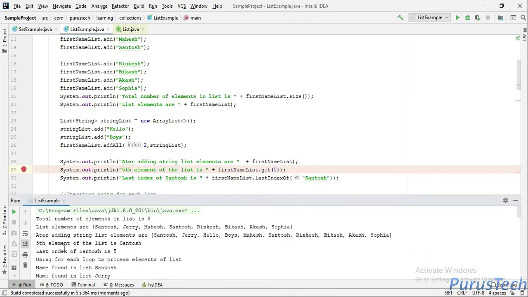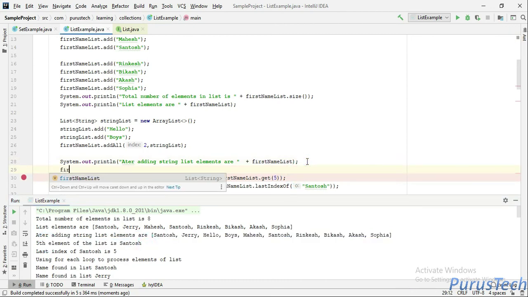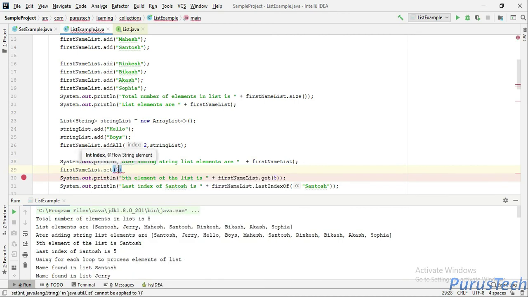Here the fifth element is Santosh. If I say firstNameList.set, passing 5 comma xxyy, then it will replace the Santosh value at the fifth position. So here 0, 1, 2, 3, 4, 5. The fifth index will be replaced by the value xxyy.